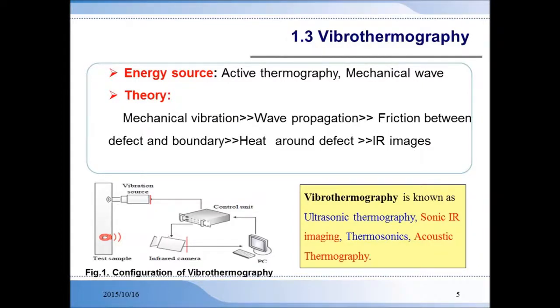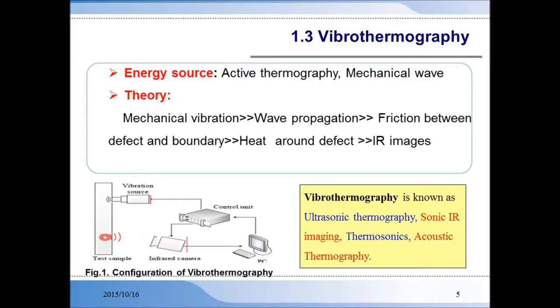If heat excitation comes from the outside, it is called active thermography. Passive thermography uses internal heating as excitation. Vibrothermography is a kind of active thermography that uses ultrasonic or vibration waves for heat excitation. The mechanism in vibrothermography is that a mechanical wave propagates across the surface. If there is a defect on the surface of the object, for example a crack, such a mechanical wave can cause friction. This friction will cause heat to be generated around the location of the crack, which can be detected